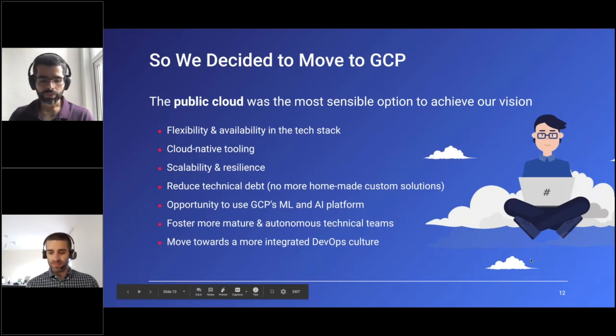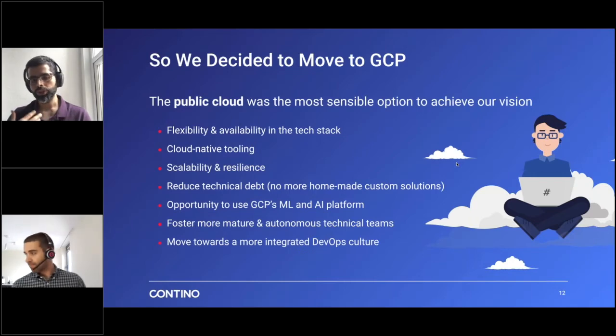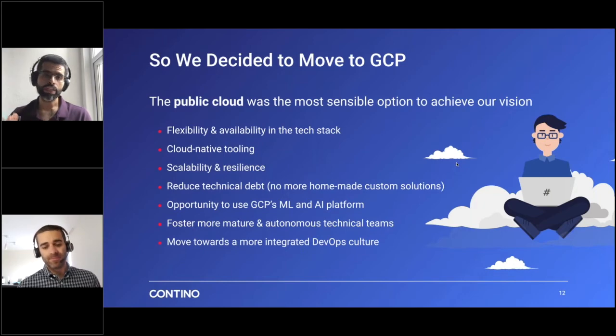We wanted to move away from a lot of homemade custom solutions, and we also wanted to attract some of the top tech talent. That was because we wanted to try and build more mature and autonomous technical teams and more mature product teams. And that meant for us to move towards an integrated DevOps culture rather than DevOps being isolated units, where there's a lot of dependency, because that doesn't help product teams be autonomous in nature. So those were some of the key reasons. And of course, one